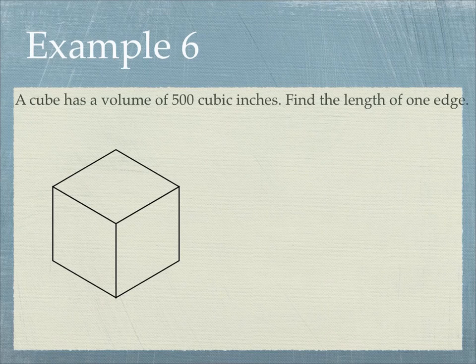So let's say that my side length is x, because I don't know what it is, which means all of my side lengths are going to be x. So to get volume, what would I do with all those x's? Yeah, if I wanted area of my base, well, I'm going to highlight it up here because it would be the same. So area of my base would be x times x, right? And then I would multiply by